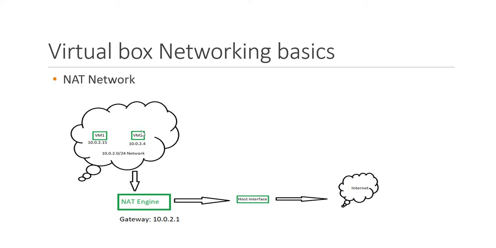The second mode is NAT network mode. Here we can create a NAT network and we can establish the connection between the VMs. So these VMs can connect to each other, and also these VMs can connect to the host interface as well as the internet via the same NAT interface, like the NAT mode. The advantage of this network mode is that the VMs can connect to each other. So we can create networks and we can attach machines to that network. Whenever we want the VMs to connect to each other, and if there is a need for the VMs to connect to the host as well as the internet, then we can use this mode.